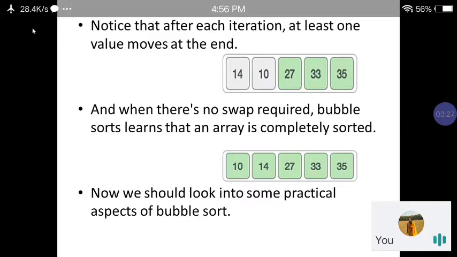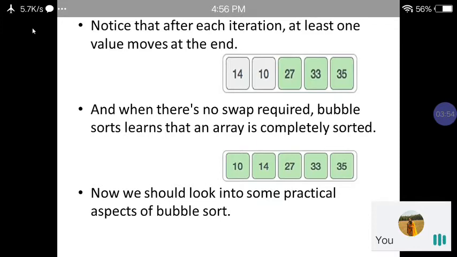Now the same procedure we apply again, and in the next iteration we get 14, 10, 27, 33 and 35. And there is no swap required in this. So bubble sort learns that the array is completely sorted as 10, 14, 27, 33 and 35.